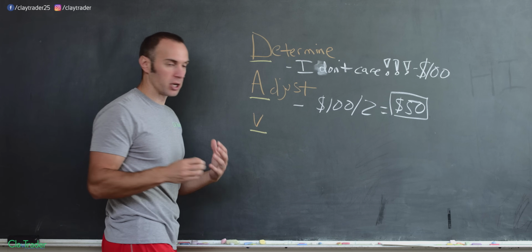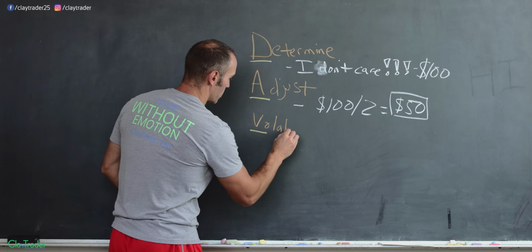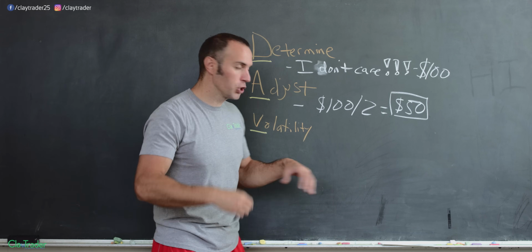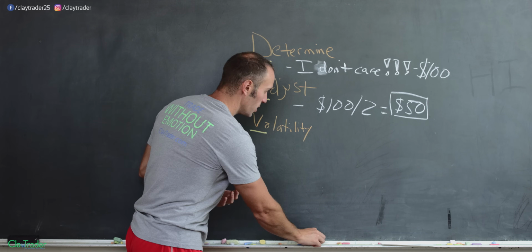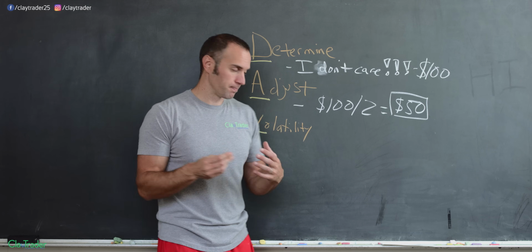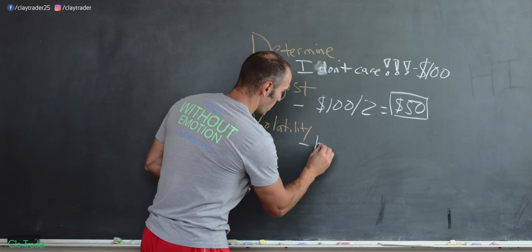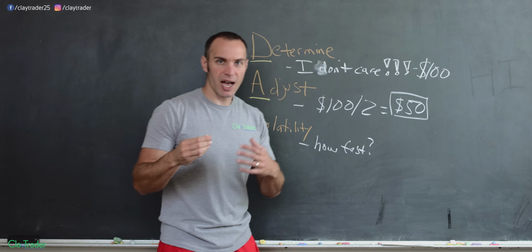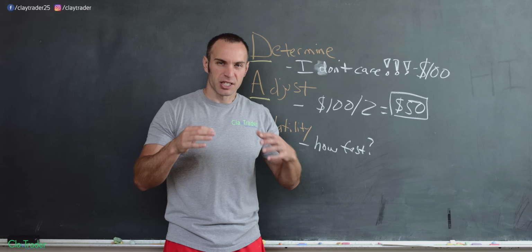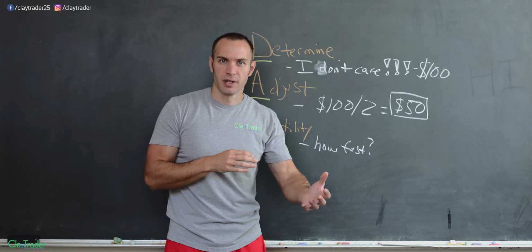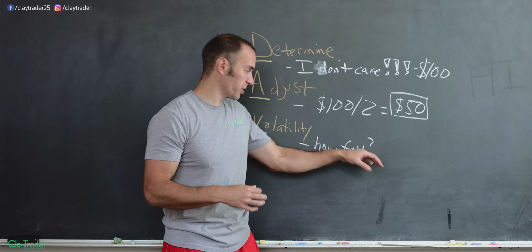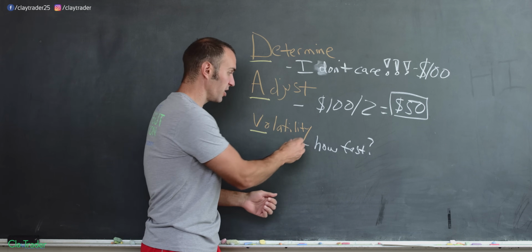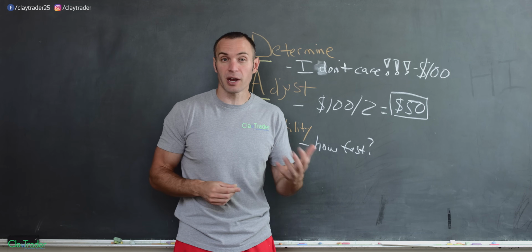And this is what we're looking for. Pretty sure that's not how you spell volatility, but you want to see volatility, meaning you need to determine, okay, well, how fast does a stock, does whatever you're trading, seem to have the ability to move? Is it a really fast moving stock? Is it a very slow moving stock? Is it kind of medium? But you need to gauge volatility. And this is something that is great practice.